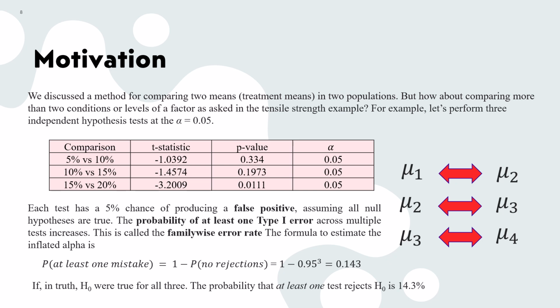This is why we need tools like ANOVA, which allow us to compare all groups at once with a single test, keeping the overall error rate controlled. In short, when we do more comparisons, we also risk more errors, unless we use the right statistical tools to